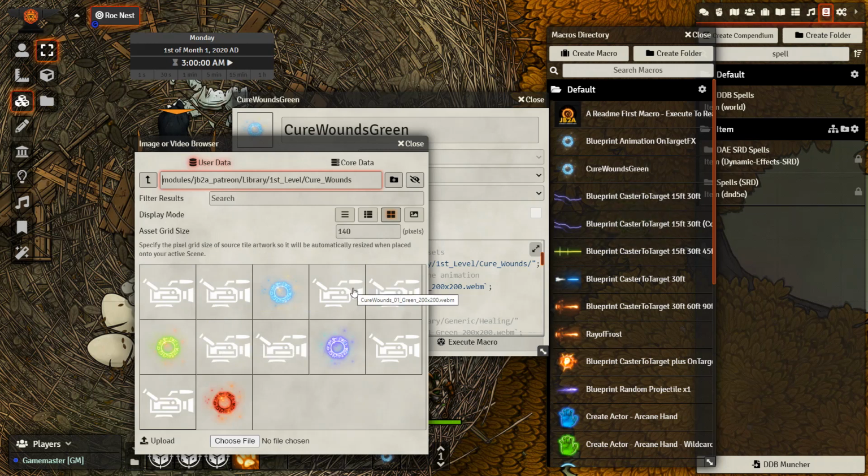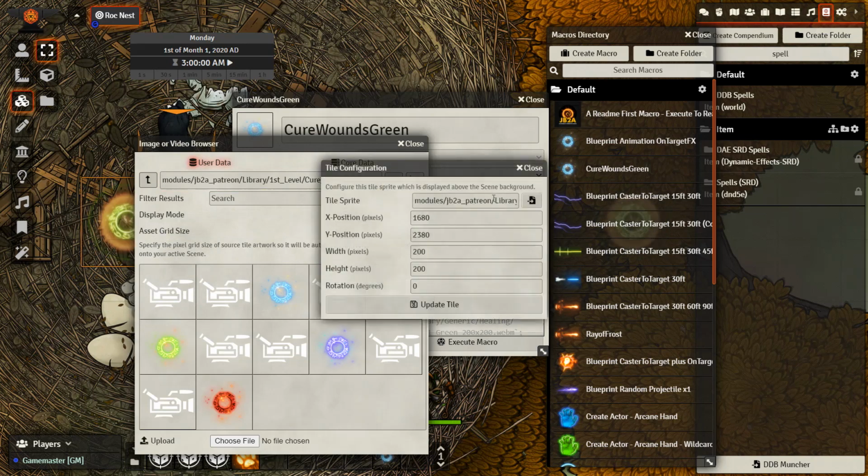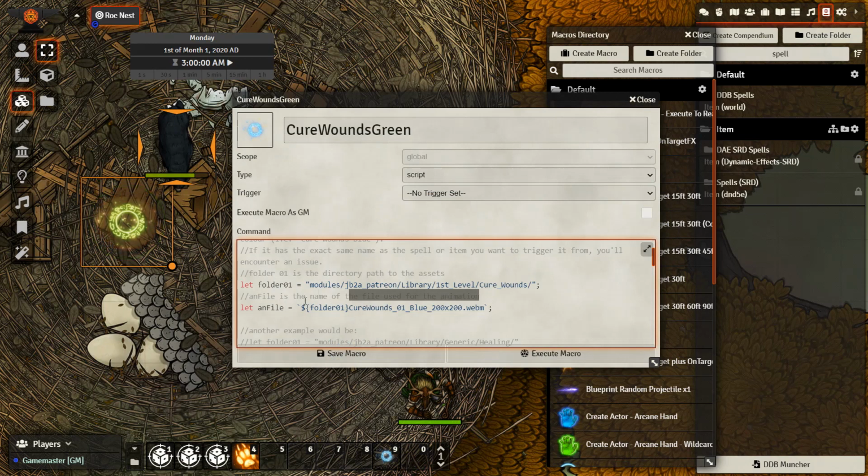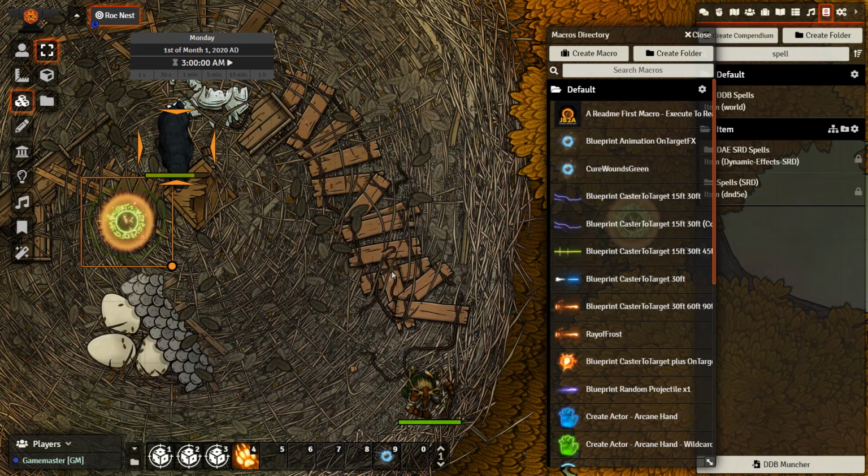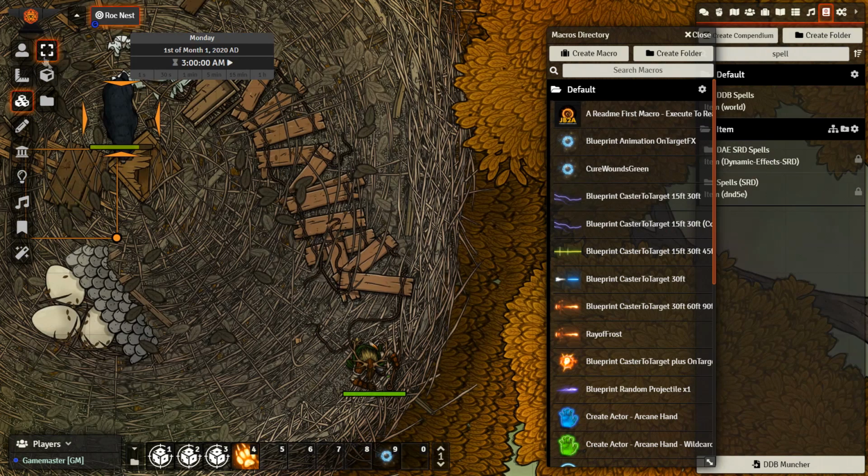In order to find the file name easily, you can just drag the tile onto the scene, click it, and copy everything starting from here. Go back over, and we're going to just paste the name right here. And we can go ahead and save it out, close it out, and let's test out and see if the